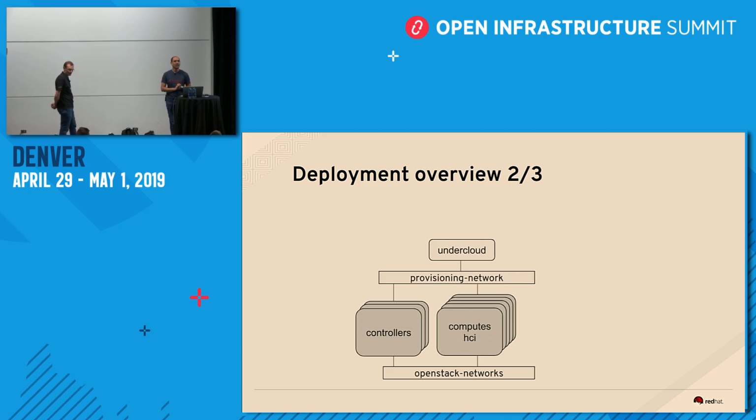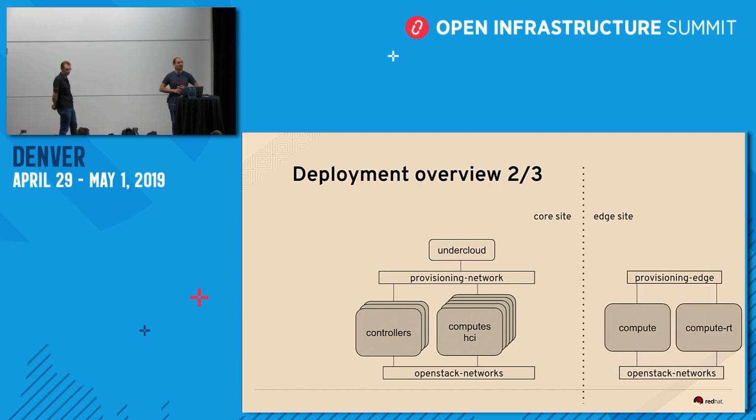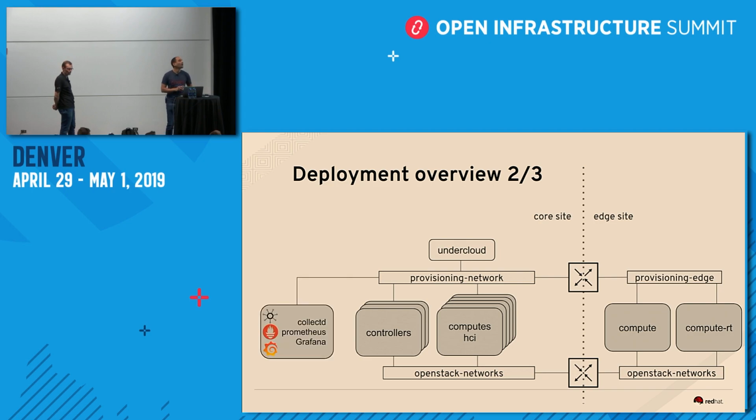So, how can we improve it? First of all, it's boring to have only one site. So let's bring another site, an edge site. Of course, we need some routers in order to connect the data center and the different leaves. And of course, we also need to collect data not only in the data center, but also at the edge